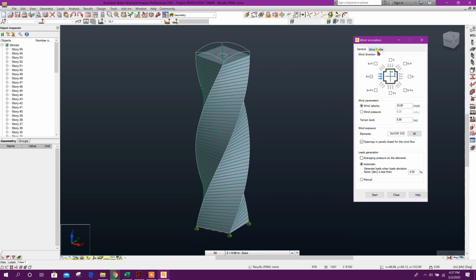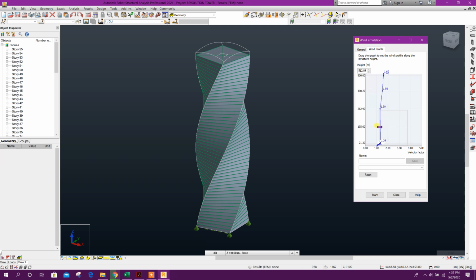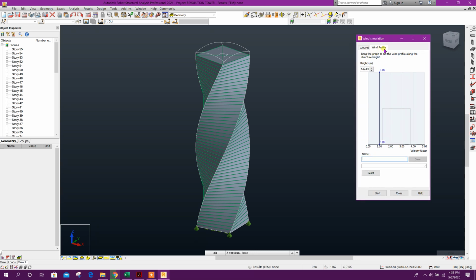First we will create the wind profile, then we will provide these values. Here, before, I have made some edits like this. Here graphically you can edit the values at different heights, or you can reset to uniform pressure. We will provide the velocity factor as per the ASCE 7-16 code. To do that, we have to save this wind profile. Write a name,